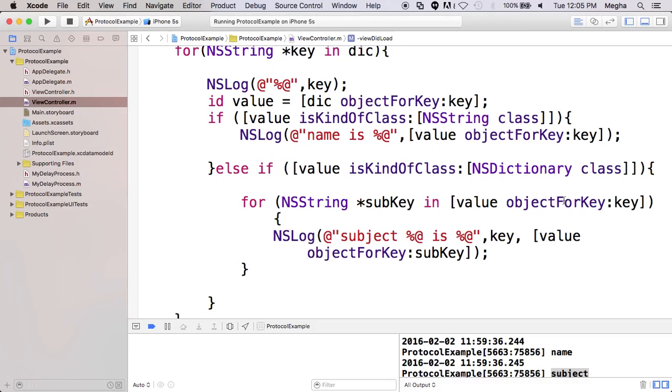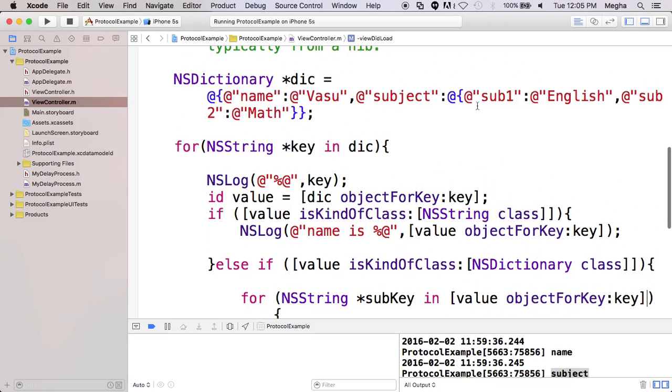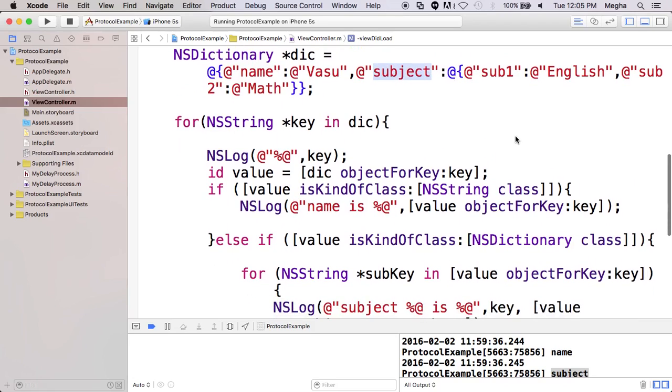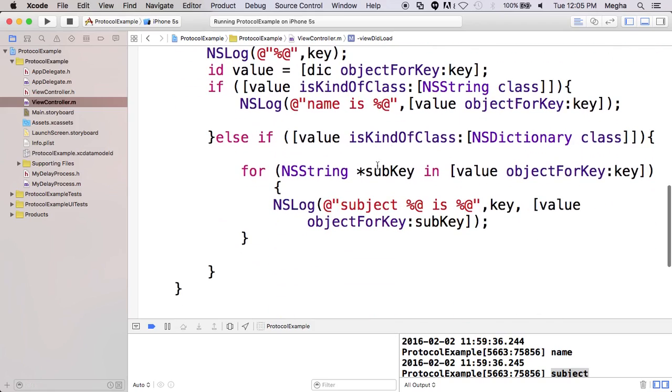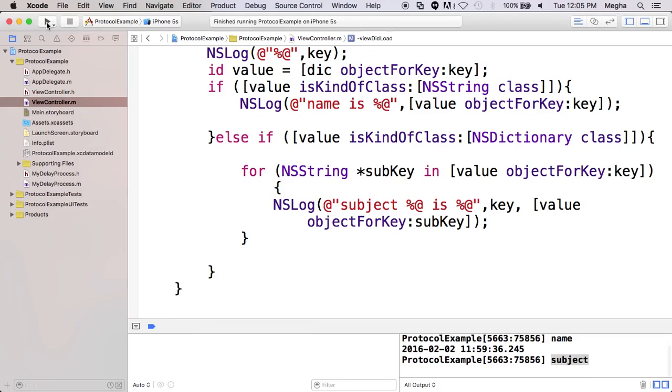Because I need to go inside that object to retrieve them. So the value object for the key is going to be subject. That subject is going to give me another NSDictionary. That NSDictionary, the keys I'm capturing and iterating over. So if I run this particular example,